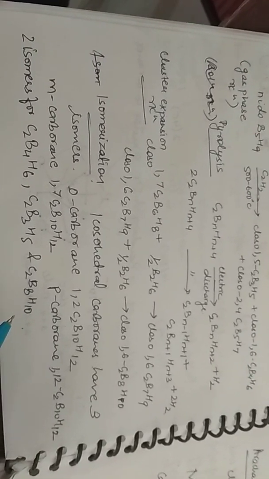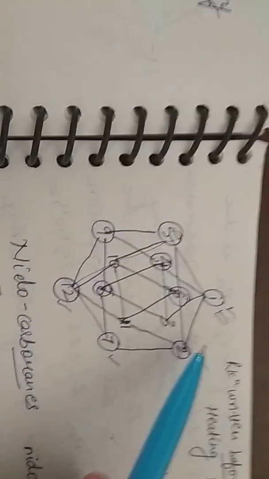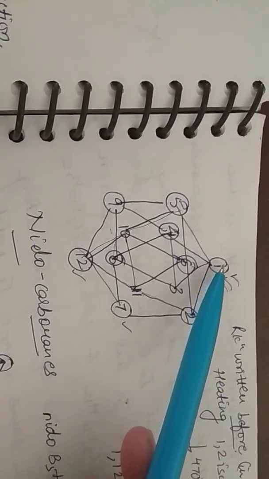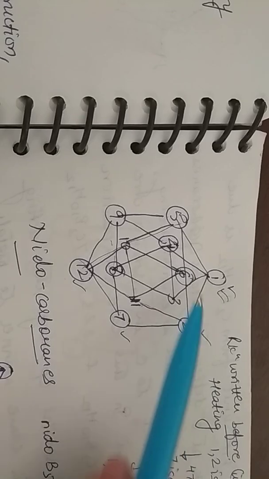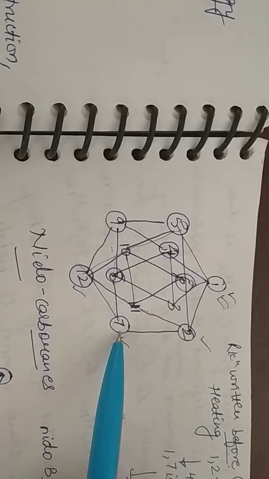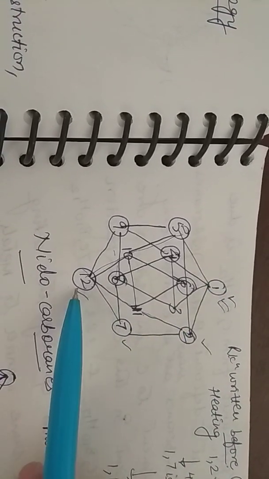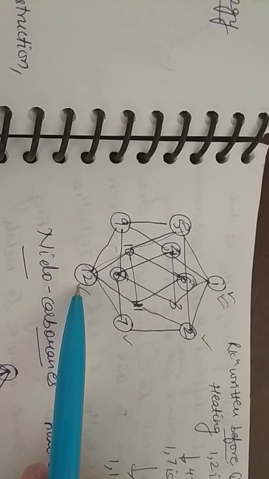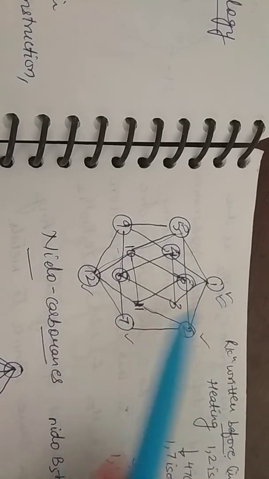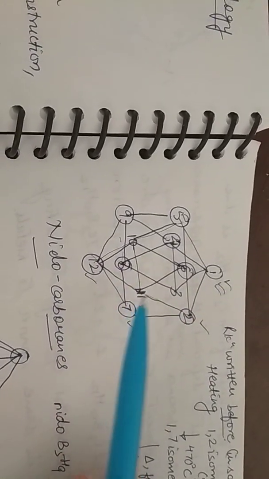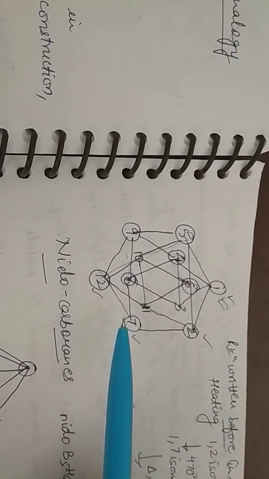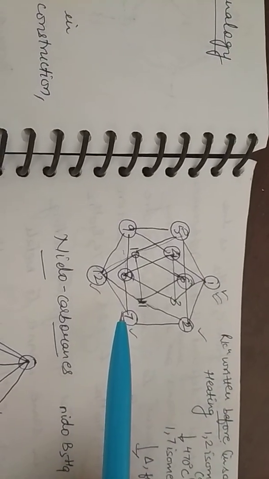Okay, so let's see how the position is differing. I've shown it in one structure only. In case you have carbon at 1 and 2 position, then it becomes ortho. If it is 1 and 7, it becomes meta, and if it is 1 and 12, it becomes para. It is similar to your benzene ring, as you can understand. So you can draw all the 3 structures separately for the exam if it comes and discuss it.